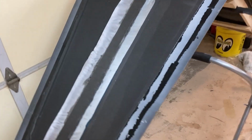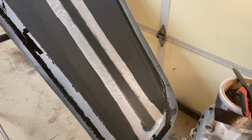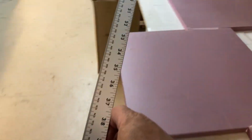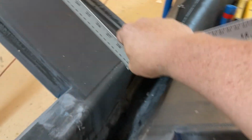This is the upper skin. I've got the spar caps, the unidirectional spar caps laid in. I just did that. Just a wet layup, doesn't need to go under vacuum or anything like that. I work real hard to get all the air out of the layup, so that'll be just fine for that. And then I built a poor man's angle finder here. I went to Harbor Freight and bought a couple cheap straight edges. They were on sale. I got them both for $5, so that's pretty cool. Anyway, that just sits in here